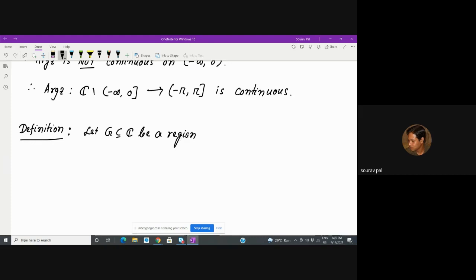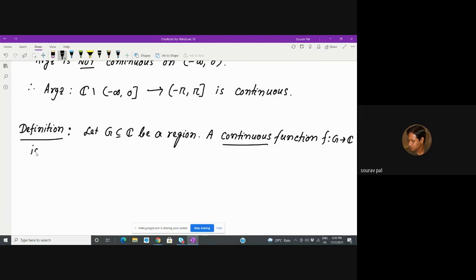An open and connected subset of C. Okay, it is open and it is connected. A continuous function f from G to C. See, I have chosen a continuous function, not just an ordinary function,